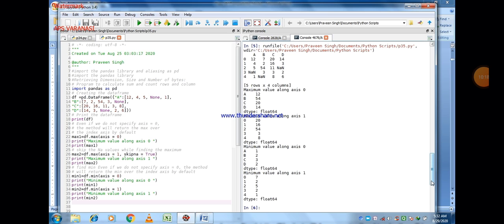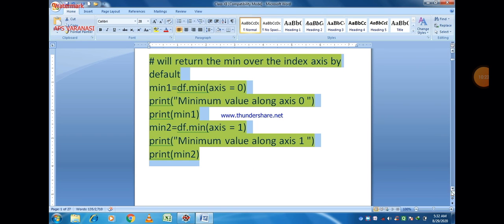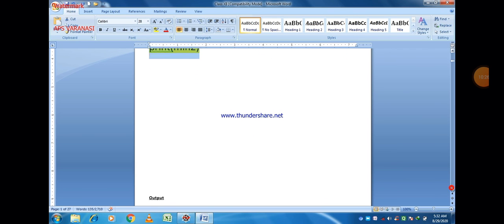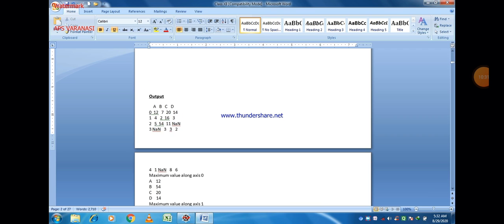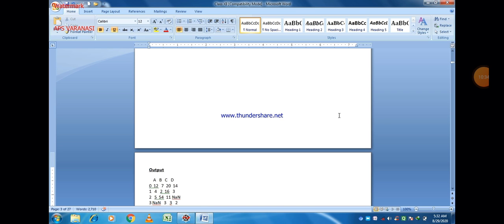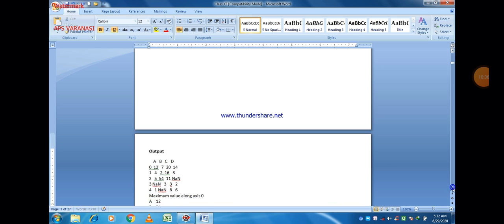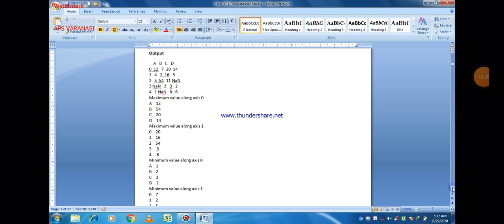And data type is float64 is here as a part of the output. Now that is the output of our program. The values which we pass as None, None, None are represented here in the output as NaN, meaning not a number. That is what we get after the creation of the data frame.